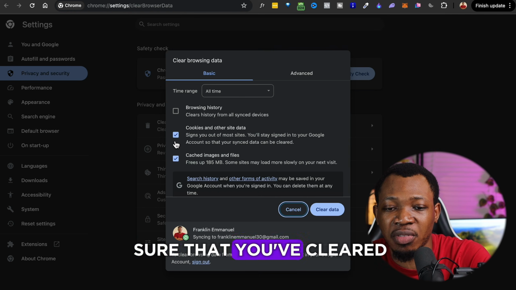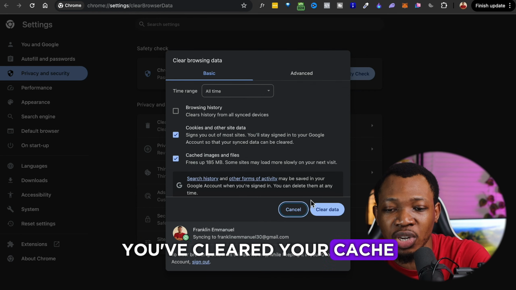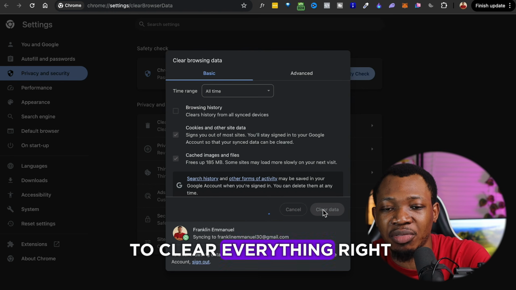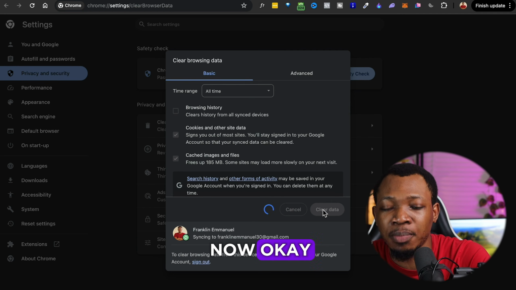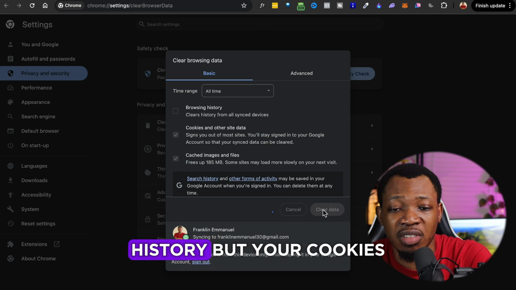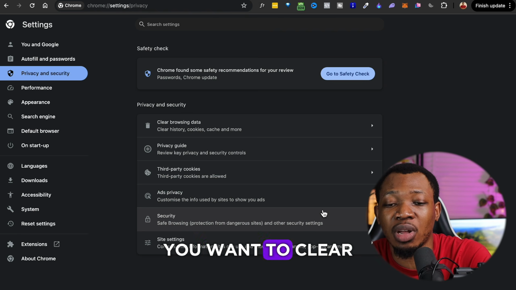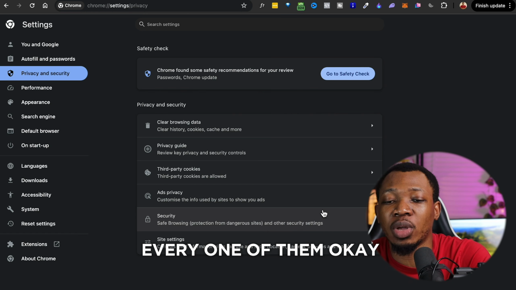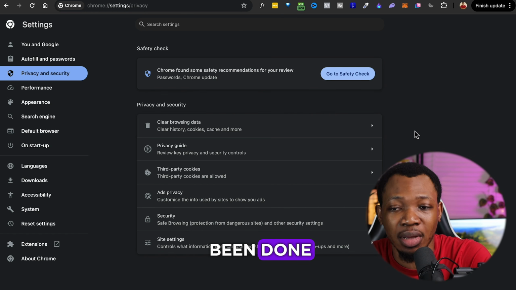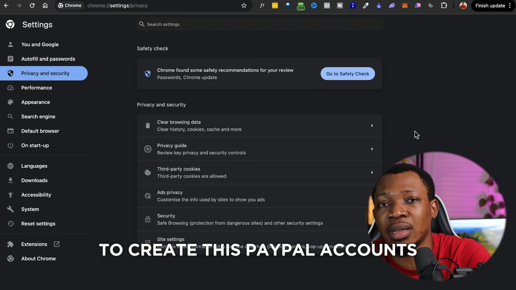And you want to make sure that you've cleared your cookies, you've cleared your cache, and I am going to clear everything right now, okay? You can ignore your browsing history, but your cookies and your cache, you want to clear every one of them. Okay, so once that has been done, then we now want to proceed to creating this PayPal account